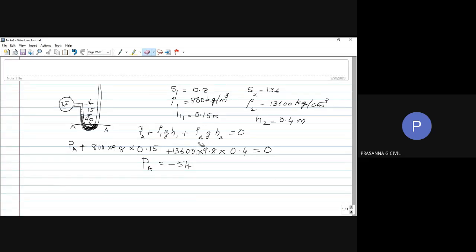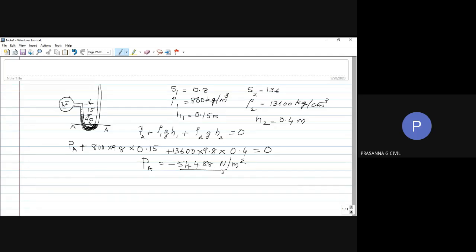You don't have to worry about that. Small difference will come because you are multiplying it with big numbers. Some people will use 9.81. 54,488, ma'am. You can write it in kilonewton if you want when you get big numbers like this. So whoever made the mistake earlier, please see what happened to your calculation.